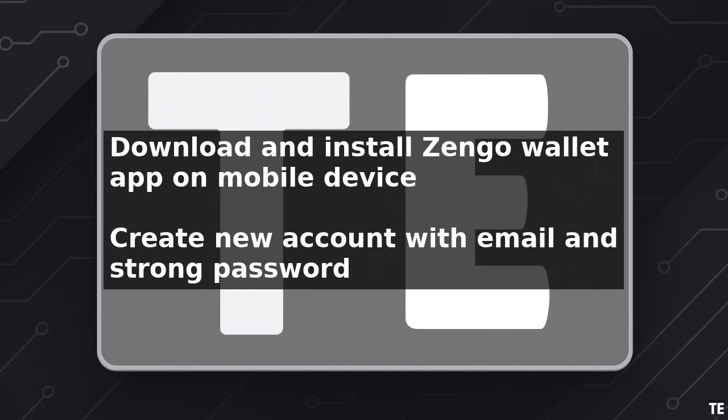First, you need to download and install the Zengo wallet app on your mobile device. The app is available for both iOS and Android devices. Once you have installed the app, open it and create a new account by providing your email address and creating